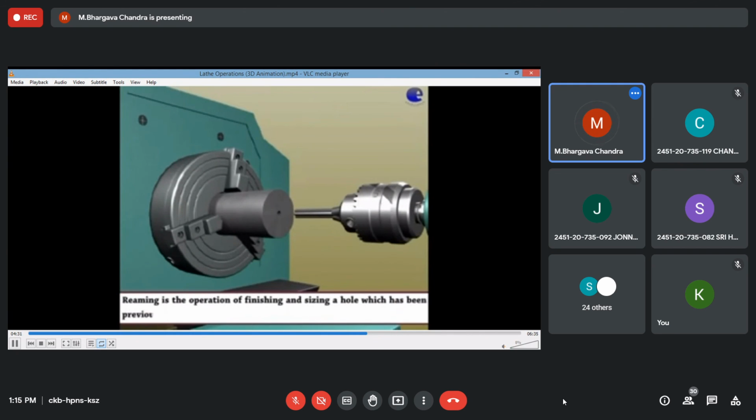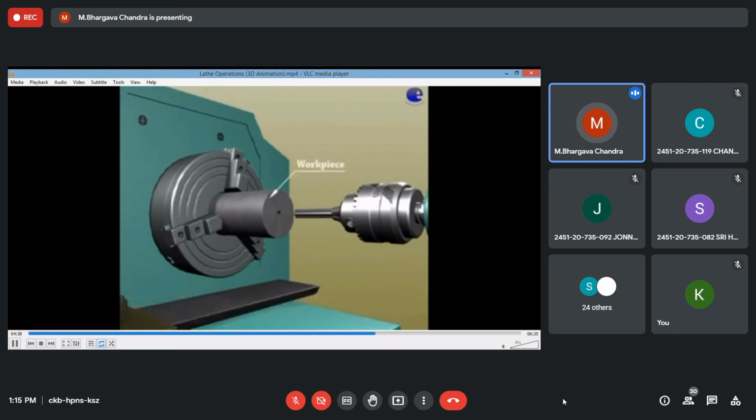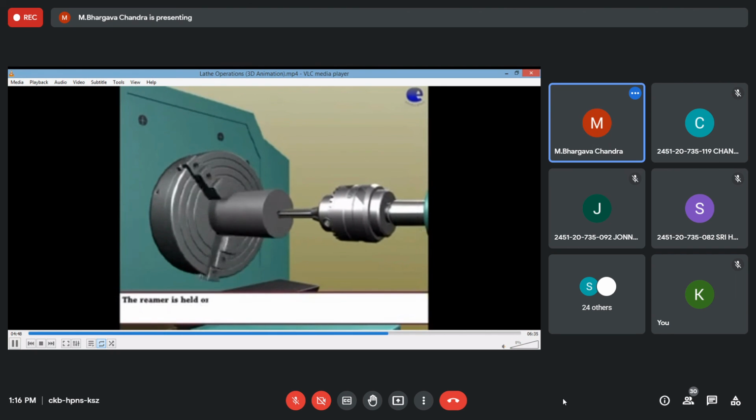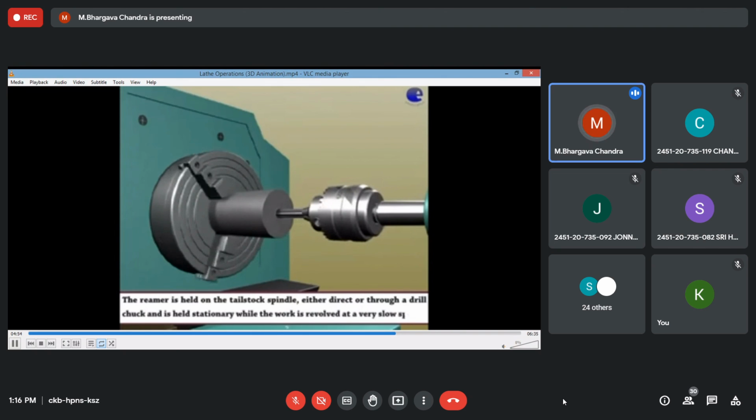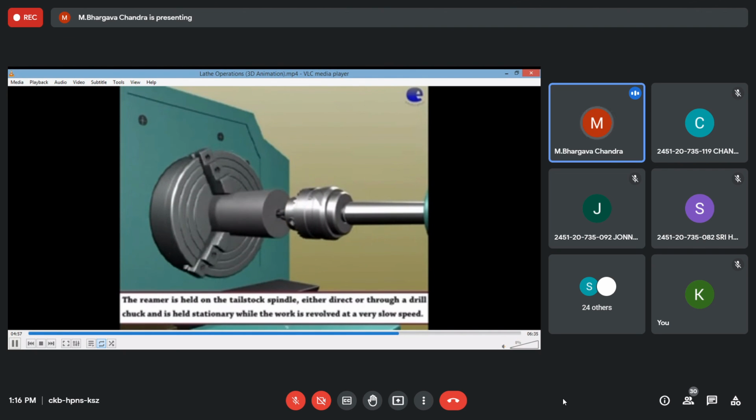The hole is already drilled by the drilling tool, but it is not of good surface finish. So its surface finish and diameter are altered by using the reamer tool. So an already drilled hole is required for the purpose of reaming. Inside the drilled hole, the reamer bit is introduced. So you can alter the diameter of the hole and the surface finish also.